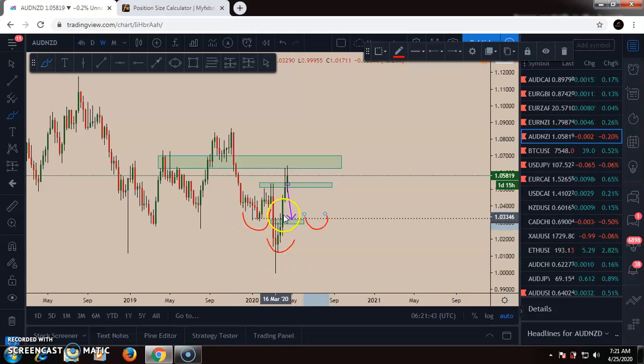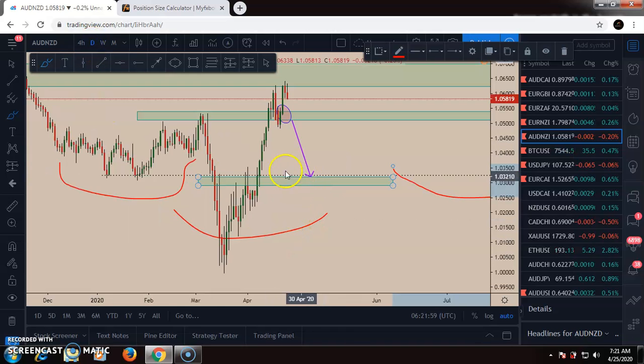Most people will short here. Immediately the market will break it out, not knowing it's going to go up again to complete this inverted head and shoulder pattern. So we'll be looking for a long opportunity. The market will come to this region, but while we are waiting for the market to come and retest this neckline of the W formation, which is also a great opportunity to complete the head and shoulder,